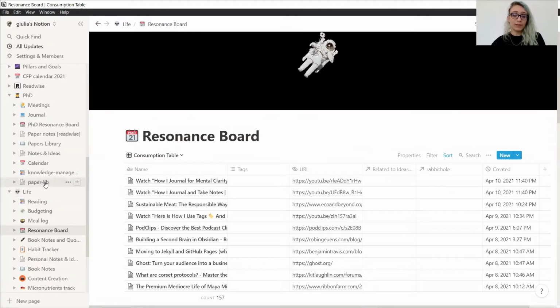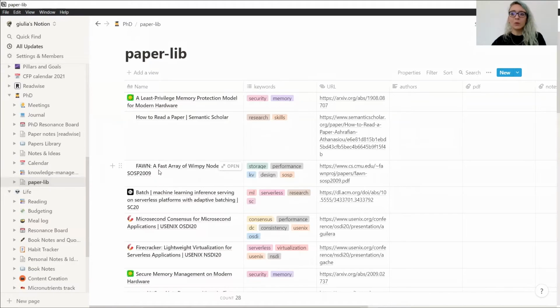An equivalent of this resonance board for my work life specifically is the paper library, where I do exactly the same thing, only this is specifically for papers, which I then tag with topics that are more relevant for my research. But there's not really a fundamental difference in this overall setup, so I will just go back to the resonance board